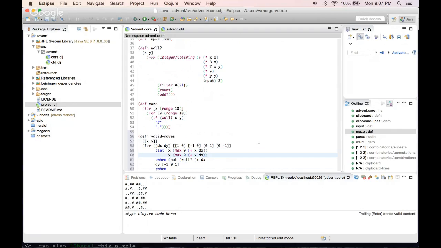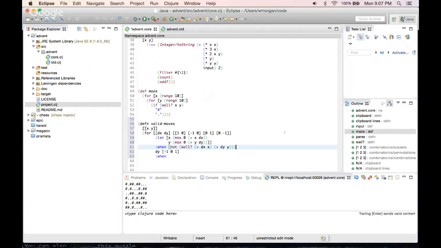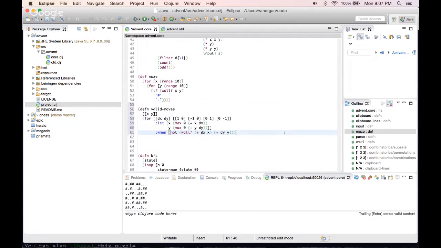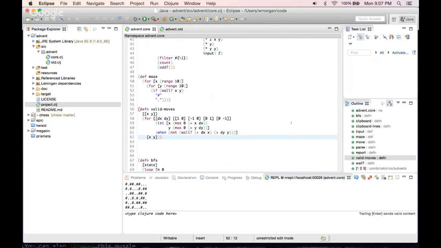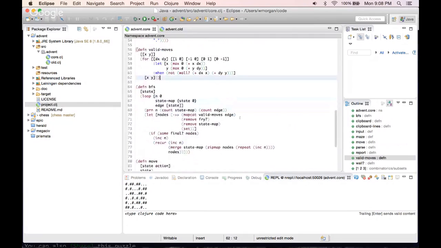Similarly for y, y not wall x, this. So not using this maze structure, that's too bad. No, where did I close this wrong? Close the let, close the when, then we'll emit just xy like this. Okay. Then